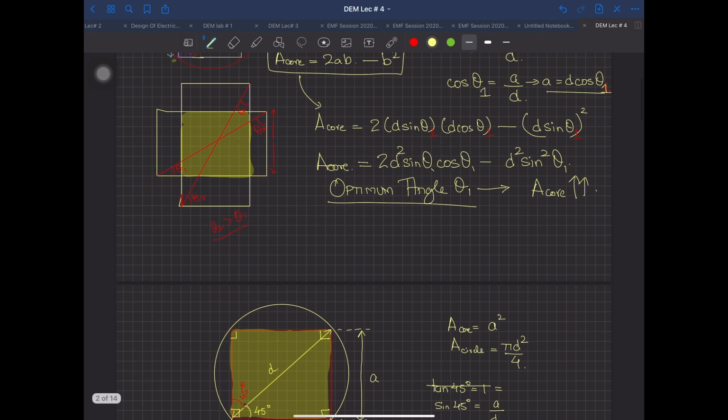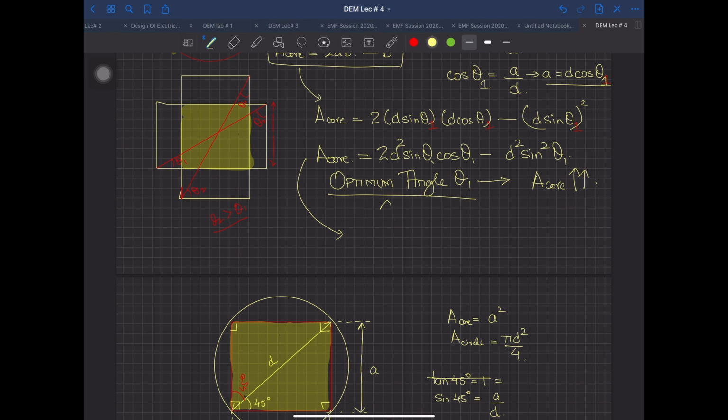If you are going to plot this curve, listen carefully. You have a curve on an x axis and y axis. You have theta increasing, and you have area of the core on the y axis. As theta increases, let me call it theta 1, the area increases up to a point, and then afterwards it will start decreasing. I am asking about this point of maximum area; we need that angle. How do we find it?